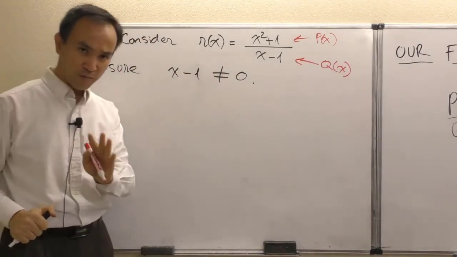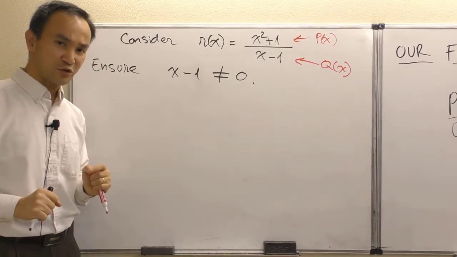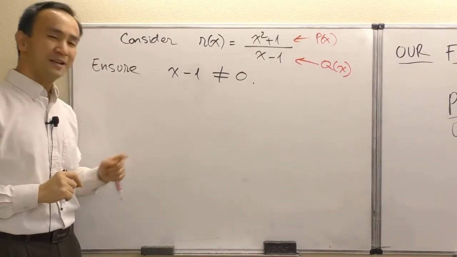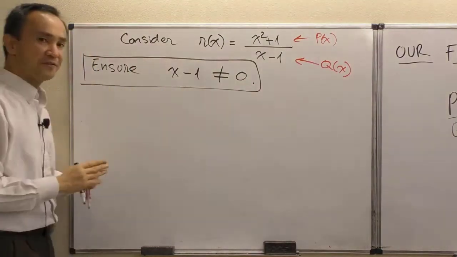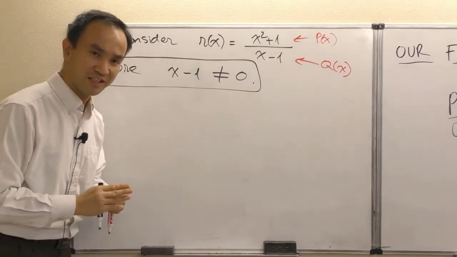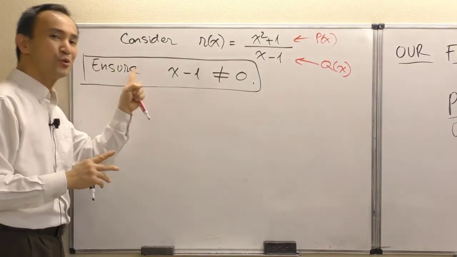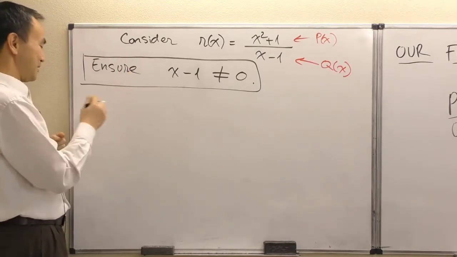That's one thing we must ensure. We want to always ensure the denominator is non-zero. But then, so yes, that's our goal. But now, effectively as a solution, as a method to ensure this, then we're going to